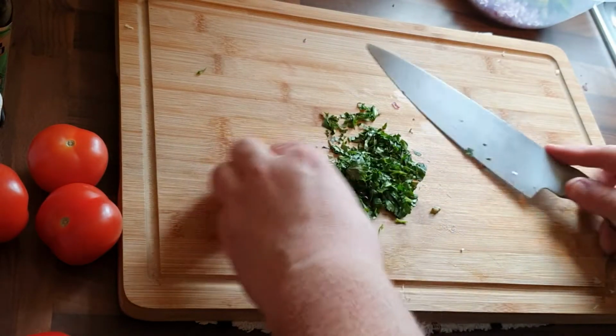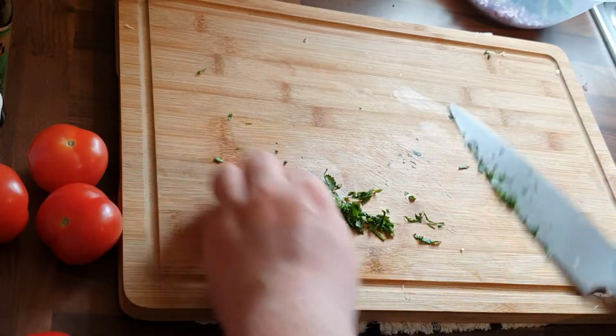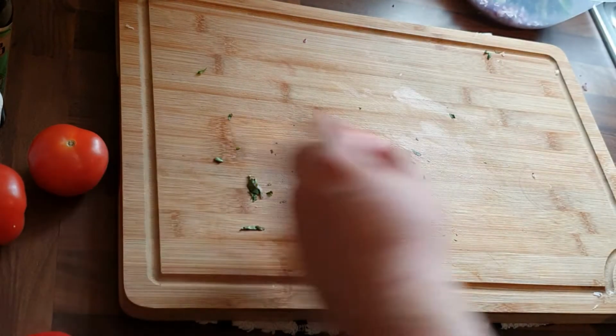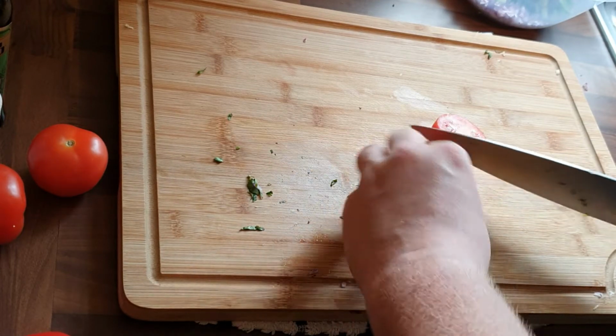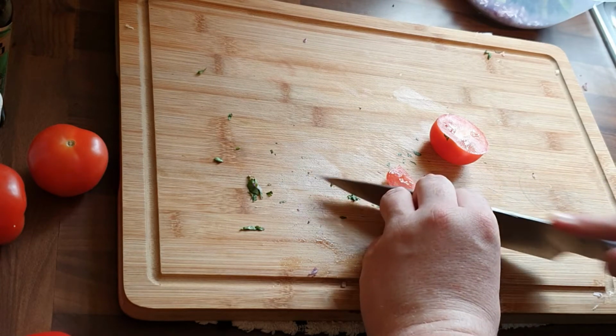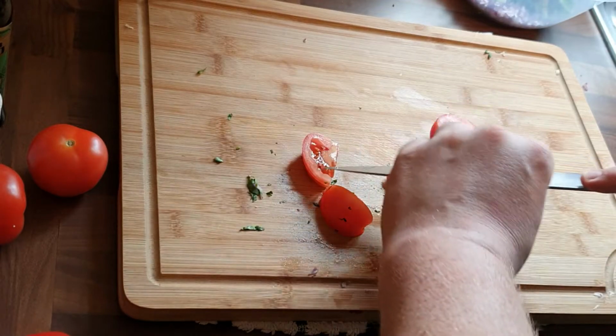So we're going to add that into this little salsa. Now this, honestly guys, smells amazing when you do this, and it's great with anything. Again, if you've got people coming over and you want to make your own little dip, do this. It's a cheaper alternative, healthier alternative, and